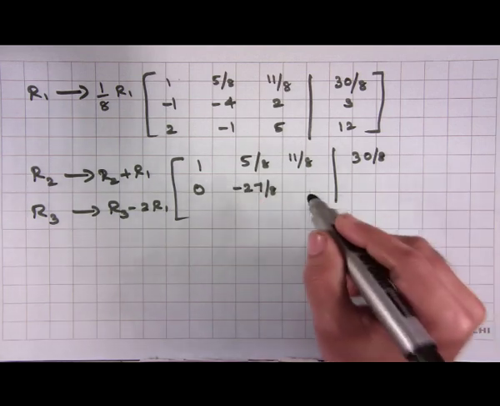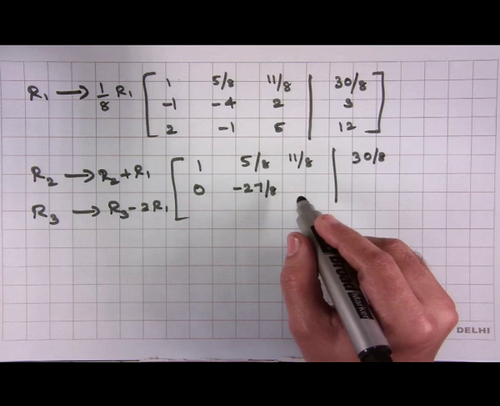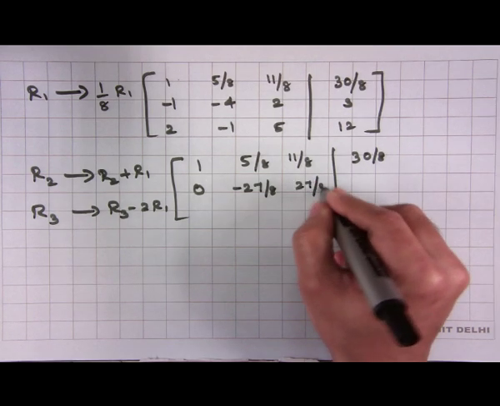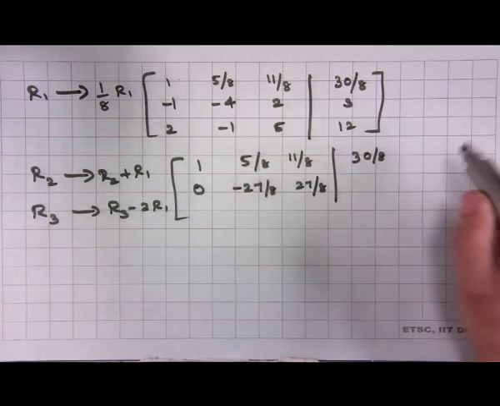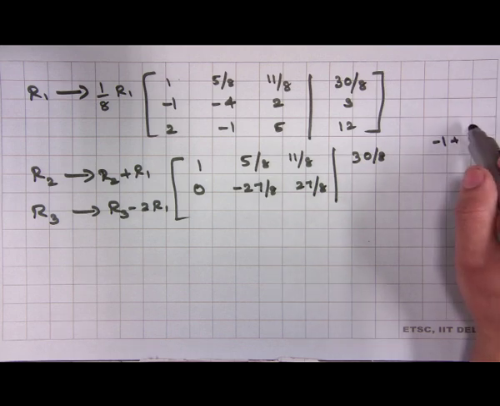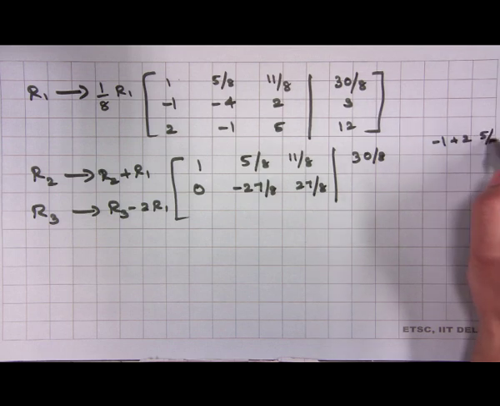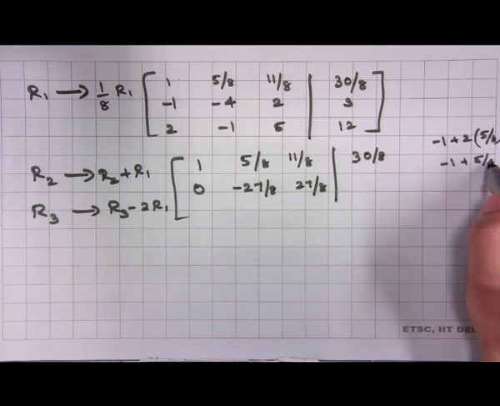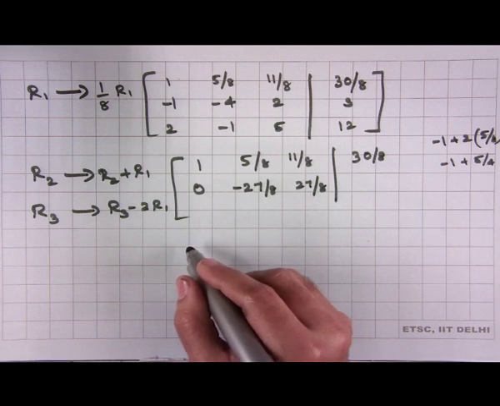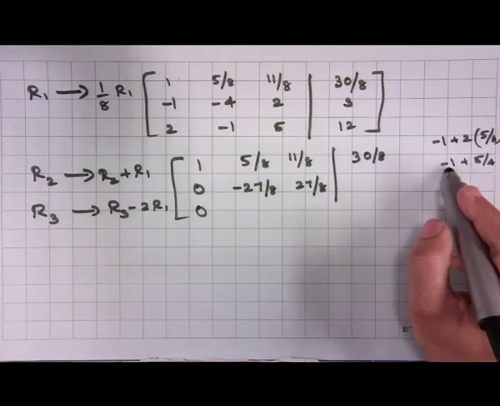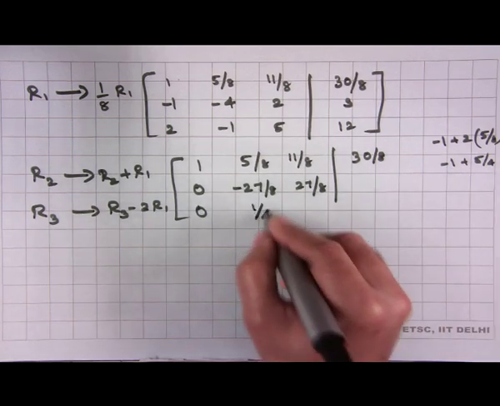So, here you will have 27 by 8, right, and then I will have minus 1 plus 2 times 5 by 8. So, I will have 5 by 4. So, minus 1 plus 5 by 4, I will have 0, sorry, minus 4 plus 5. So, this is 0. So, minus 1 minus 4. So, I will have 1 by 4